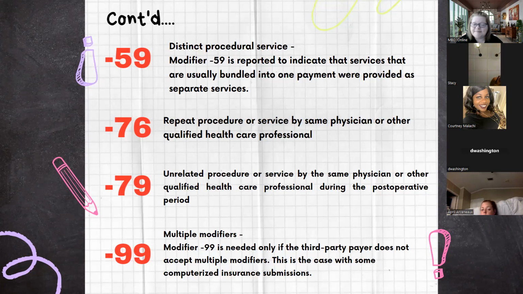Yeah, they will use a modifier 76 to, well, actually, if they billed for that service on one particular day and they had to do a follow-up for that same procedure,